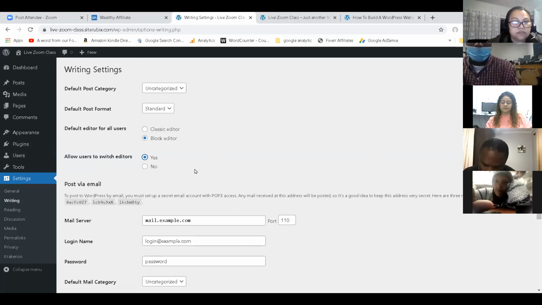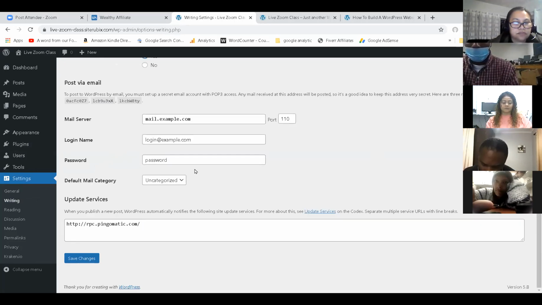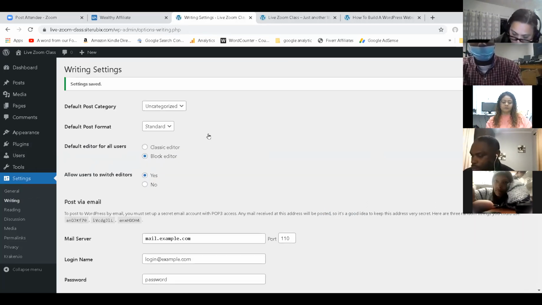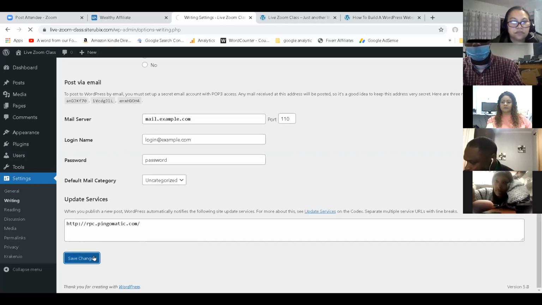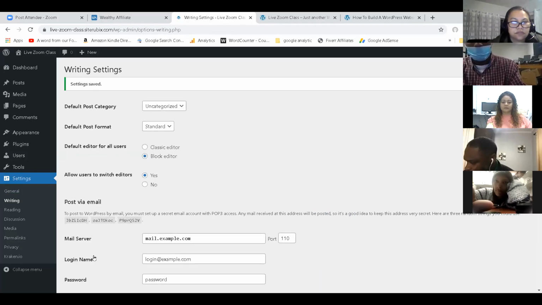And that's going to allow you to edit your website very easily. Okay, so then you click Save Changes. I was actually supposed to do this the first time around, but I didn't, so I had to go back. Okay, so Settings, Writing, you want to tick where it says Block Editor, and Yes. And then you click Save. All right, so you let it save.